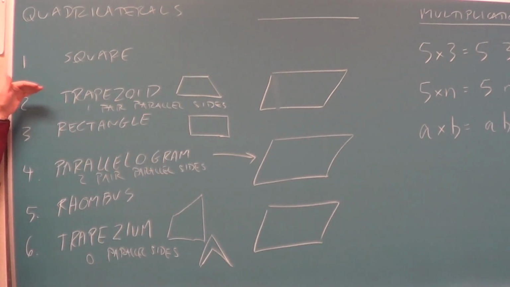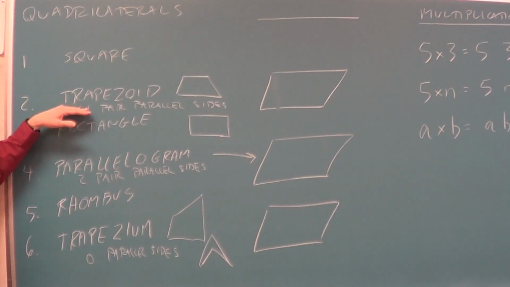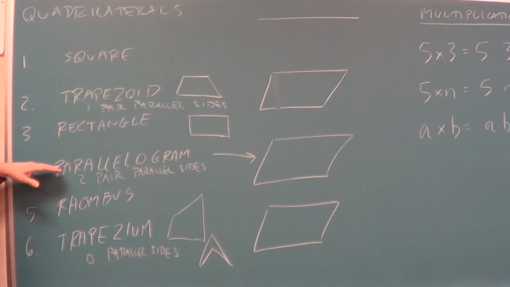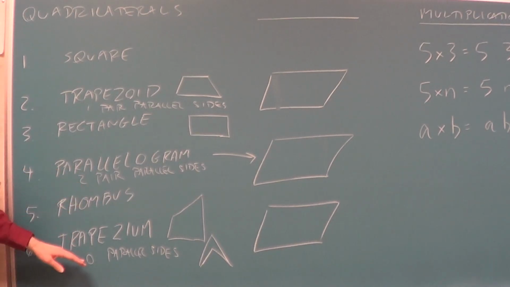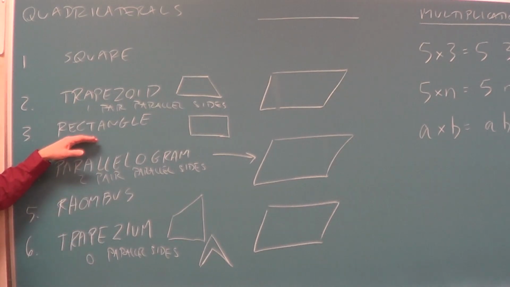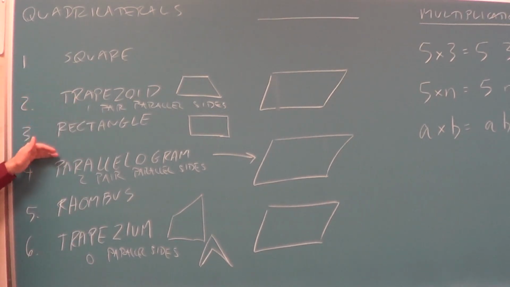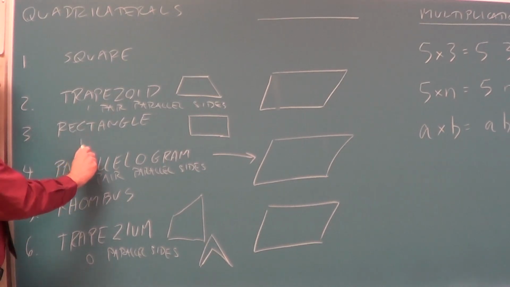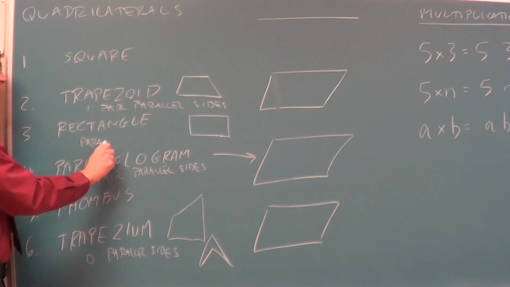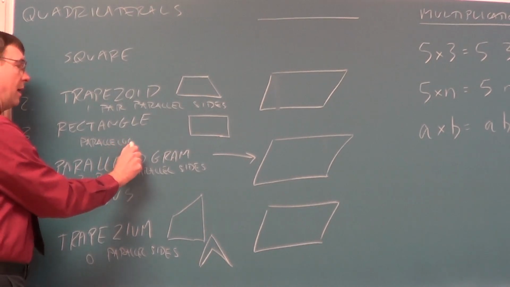Is a rectangle a trapezoid? Because it has one pair of parallel sides. Is a rectangle a parallelogram? Because it's got two pairs. Or is a rectangle a trapezium because it's just crazy and nobody's parallel? What is a rectangle? It's a rectangle. But it's one of these other three shapes. A rectangle is either a trapezoid, parallelogram, or a trapezium. It is a parallelogram. So when we do the definition, a rectangle goes in the parallelogram family